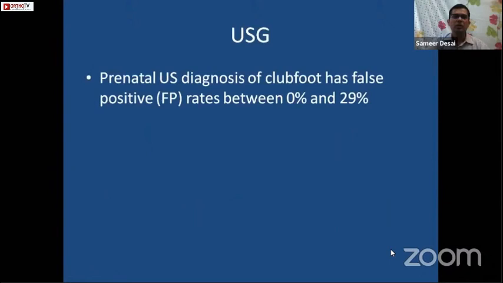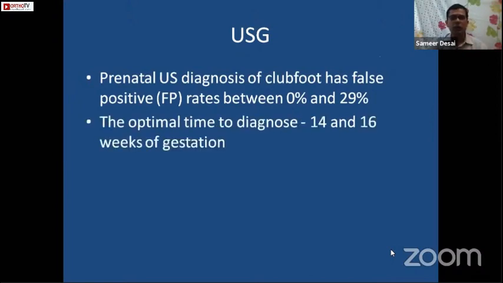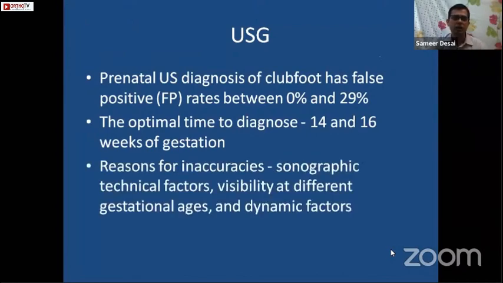So prenatal diagnosis of clubfoot has a false positive rate between 0% and 29%. And also there are many cases where it has been diagnosed as clubfoot and it turns out to be negative, so the child did not have clubfoot. So there is always a chance either way. The optimal time to diagnose is between 14 to 16 weeks of gestation. This is because if you do ultrasound at a later date, there is a chance that it could be a positional clubfoot. Then the reasons for inaccuracies are sonographic technical factors, visibility at different gestational ages as already discussed, and